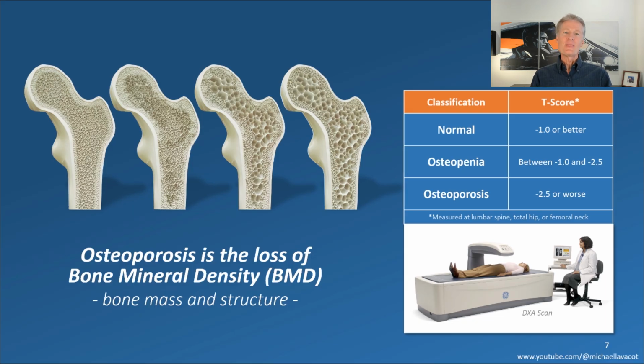Now, they couldn't just use a scale of 1 to 10, 5 being you're doing okay. But there is a reason for this scale. It's the number of standard deviations away from the average bone density of a 30-year-old female. Okay, so there's a technical reason for it. Unfortunately, we're stuck with this scale.